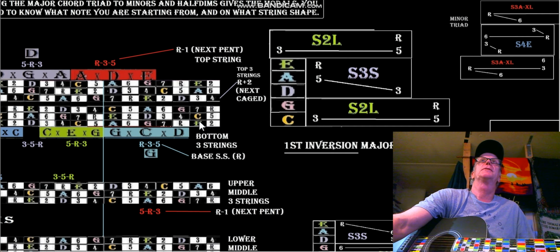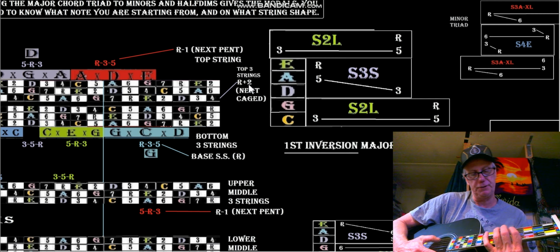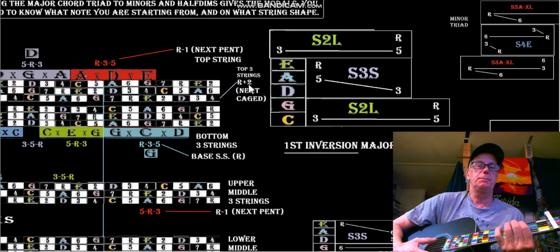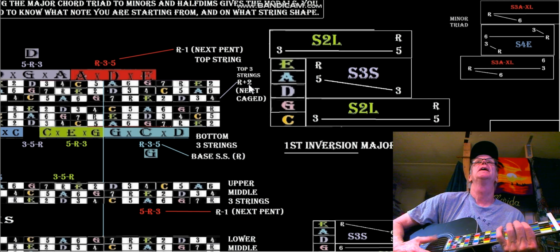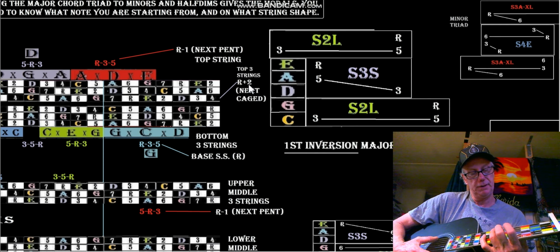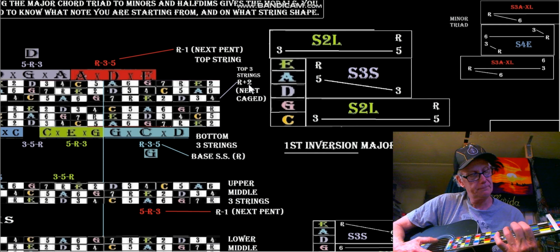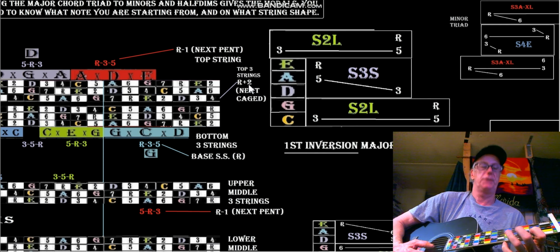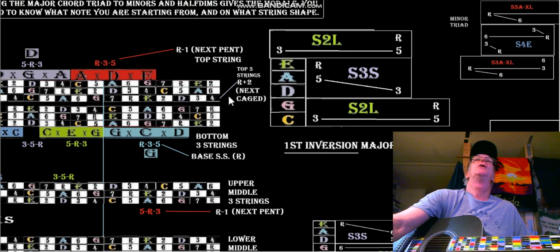Now let's get back to reality here. Root string 1, bottom, 2, 3, 4th string is the next CAGED, or root plus 2. Here's root plus 2. There's an E, the next CAGED. The A shape is going to go to G, right? You would think A would go to G, so it would be the next CAGED. A should go to G. Now, why is that going to, let's see, root plus 2. It's going to the E string shape. Let's look at that 4th string. It's going to that G string shape there. Okay, so this could be wrong. Well,